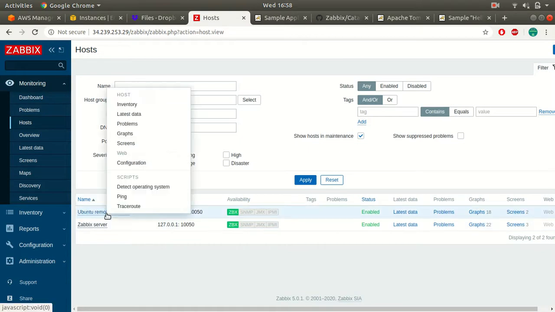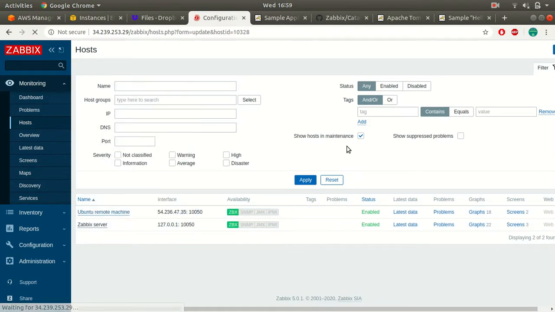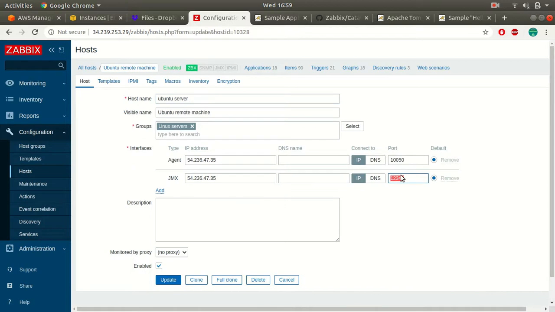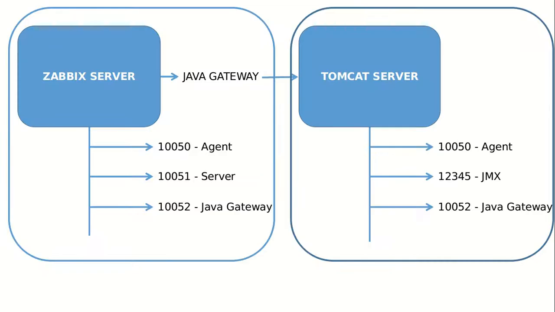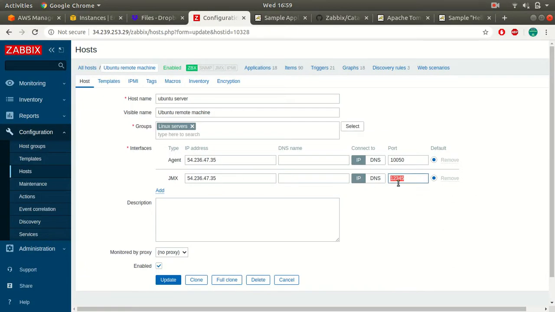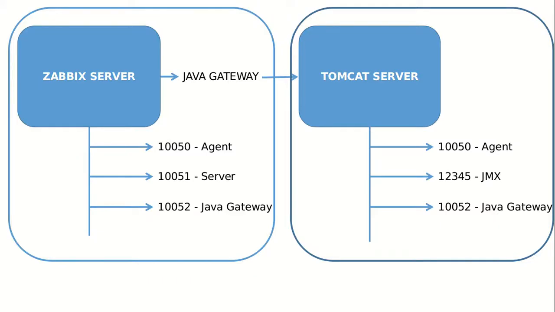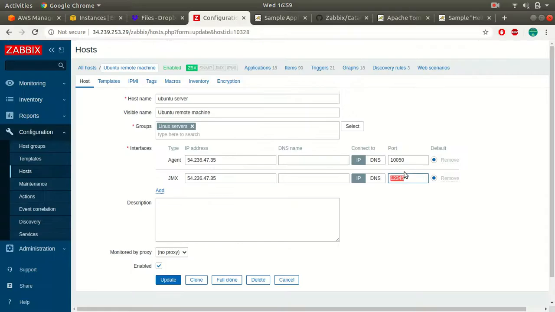Now if you are running this on an EC2 instance, there are two things you'll have to do for this. You will have to open up port number 12345. You will need to have 10050, which is for your agent. You will have that by default. You will need to have 12345, which is for your JMX, and also you will need to have 10052, which is for your Java gateway.